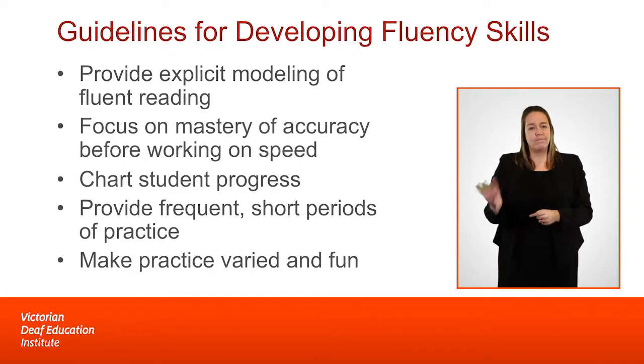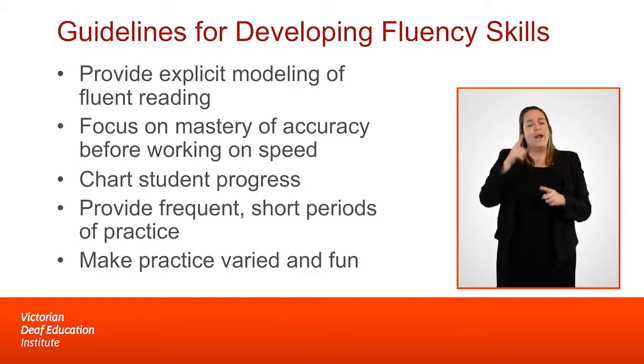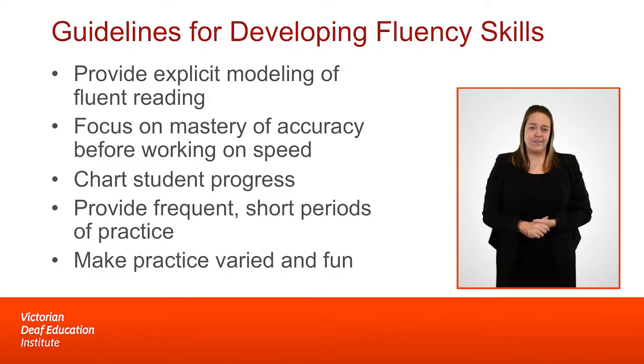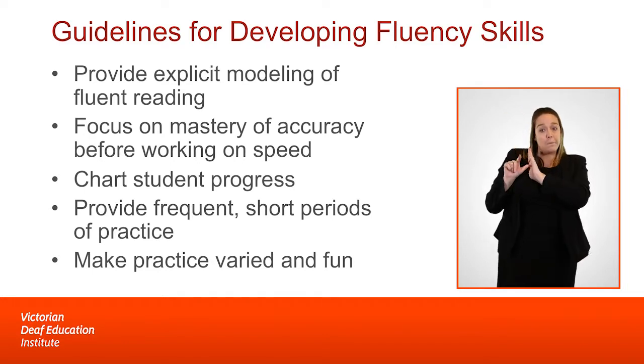And we want practice to be short and frequent. So we're talking about a very small block of time, as I've mentioned before. 1 minute, 2 minutes, that's all we're talking about for fluency practice. A couple of minutes of your comprehensive reading program. And we can make it vary. We can use such a variety of different materials. We can read poems, we can read joke books, we can read whatever it is. What we want is this repeated reading so that students are learning over time that if I practice, I will